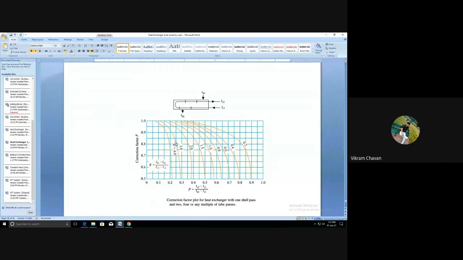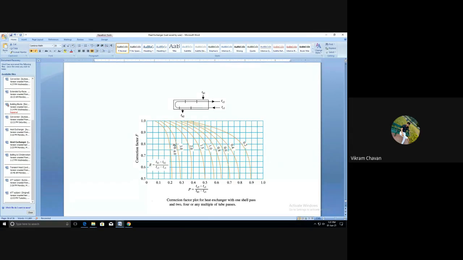If the graph is not visible, I request you to zoom in on this figure so that the diagram will be more visible to you. The curvature lines on these graphs represent the r factor: 0.2, 0.4, 0.6, 0.8, 1.0, 1.5. Intermediate lines can also be plotted. These are the given diagrams.